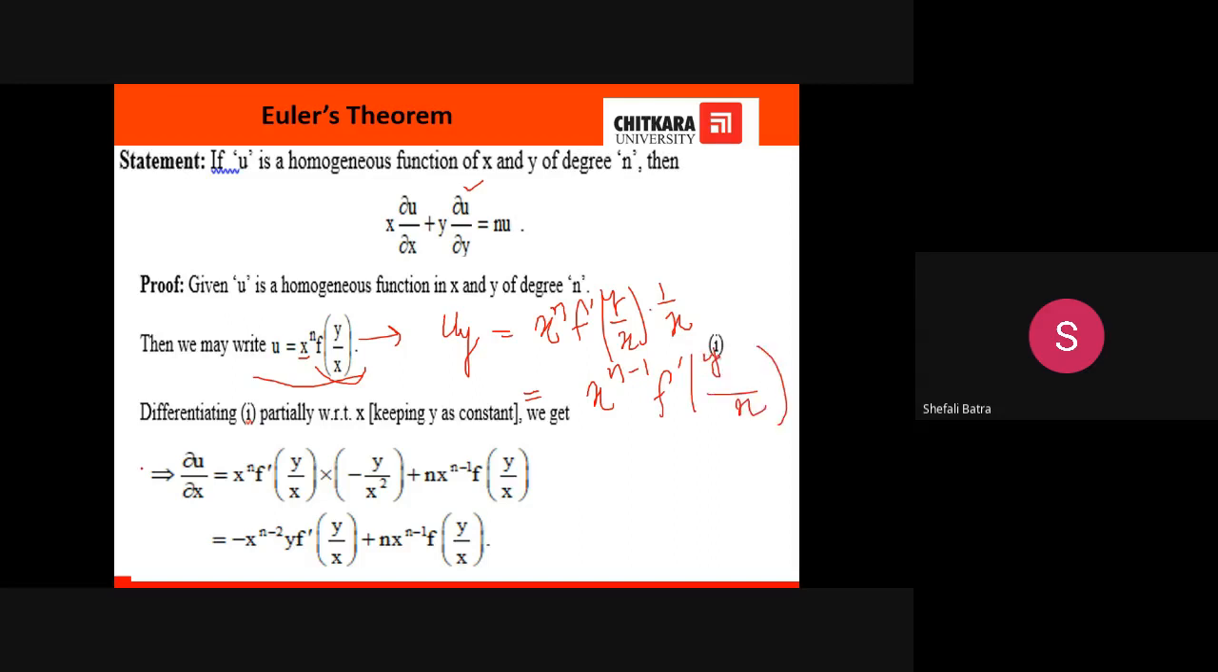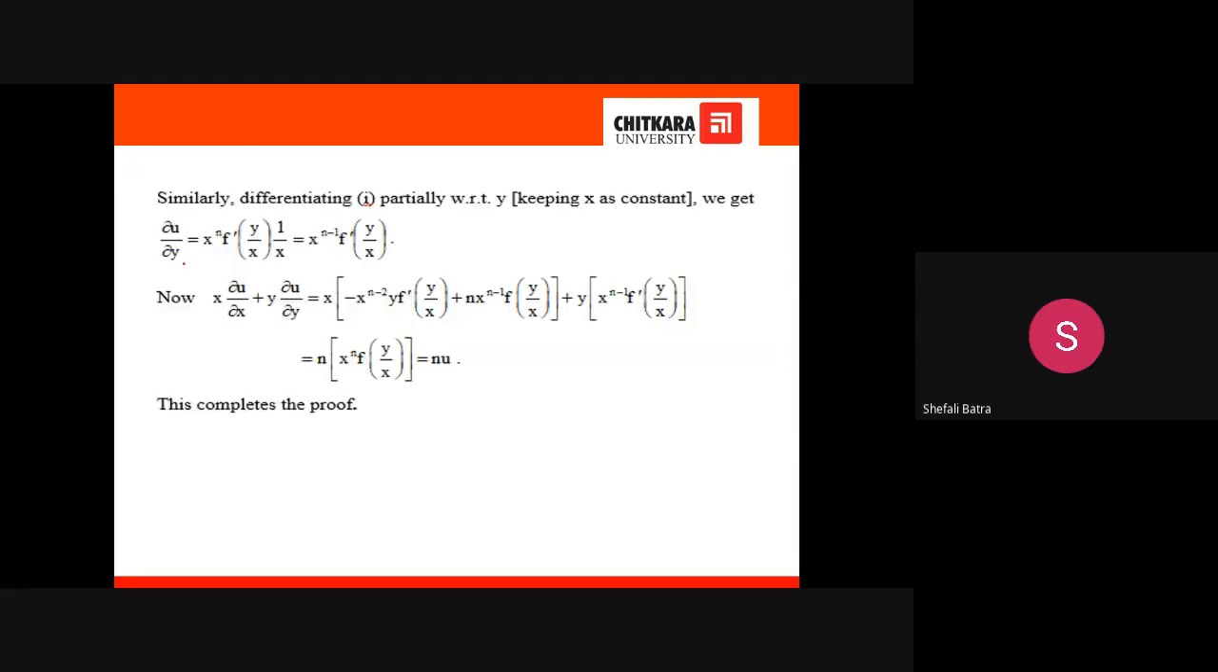Now you will multiply ∂u/∂x with x and ∂u/∂y with y. You will multiply this with x and this with y and then add up. So let us have it on the next slide. This is ∂u/∂y, which we have evaluated. Now we are multiplying x with ∂u/∂x and y with ∂u/∂y. This is x ∂u/∂x plus y ∂u/∂y. So now simplify it,